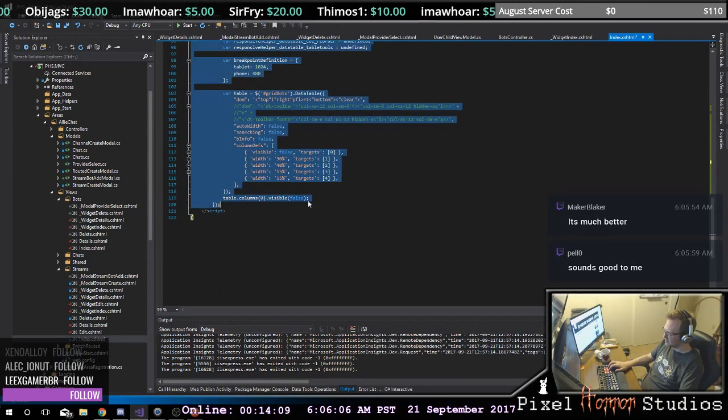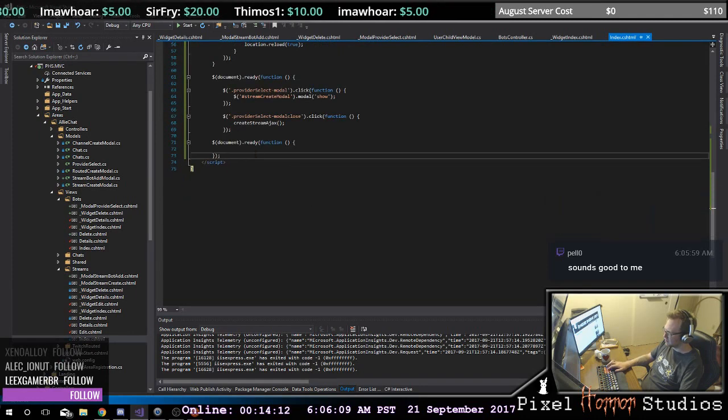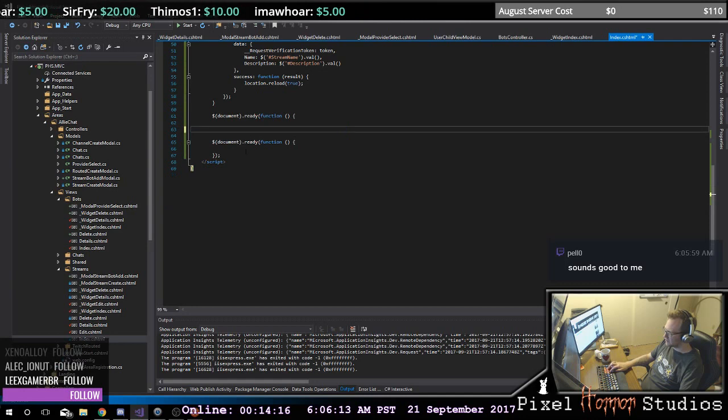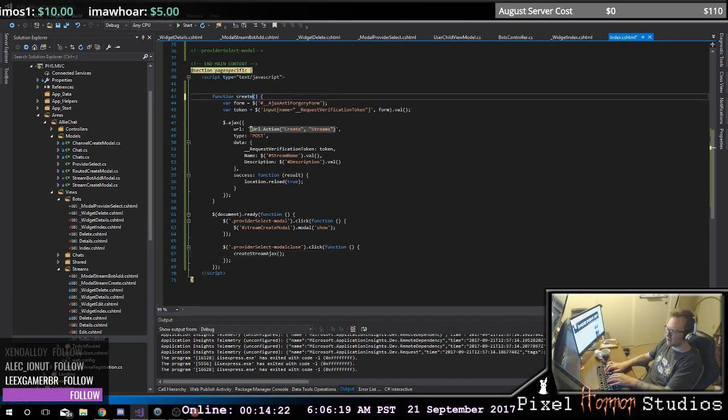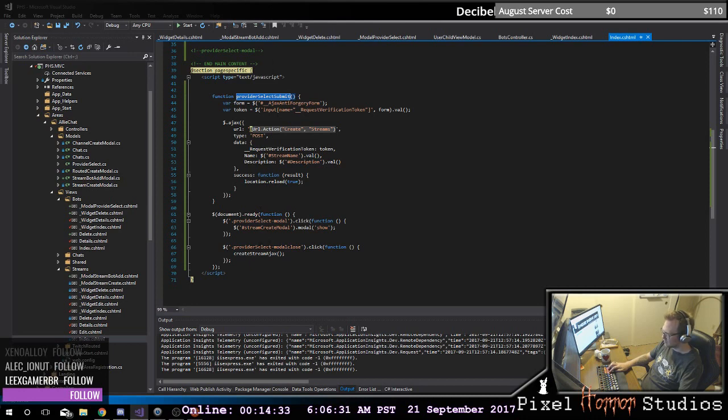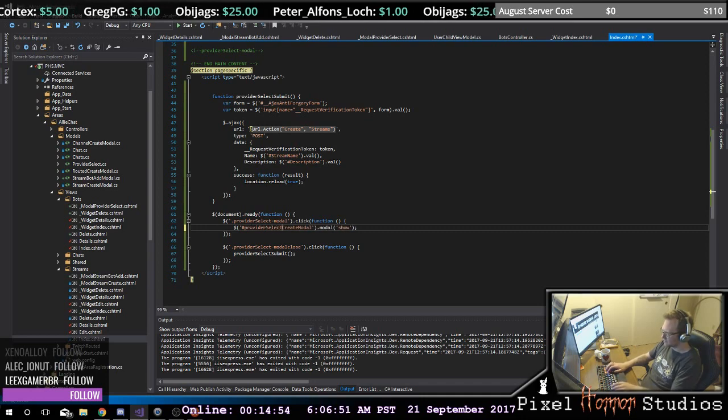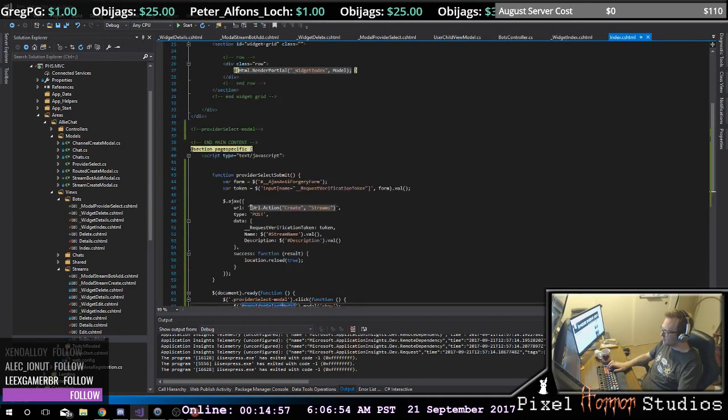And we can dump these tables there. We need this to be in document ready. And this is going to be create, provider, select, submit. And then finally this one. This is called a provider select modal. So up here,